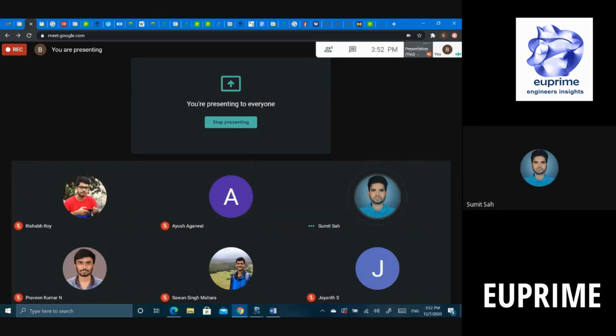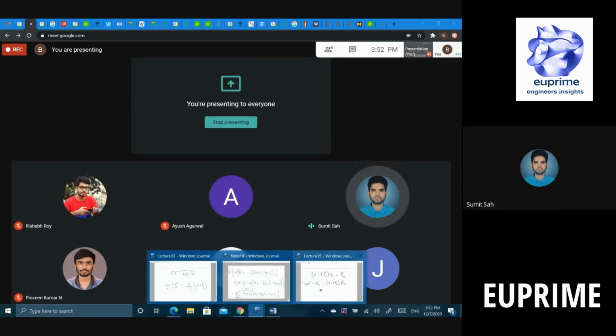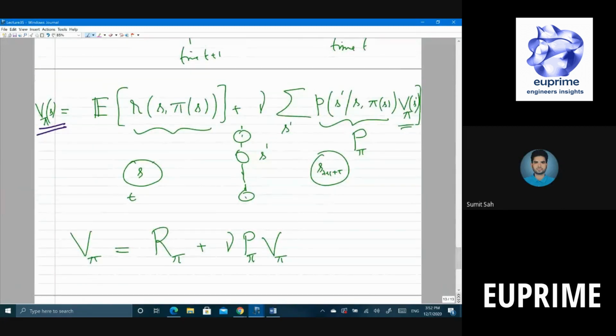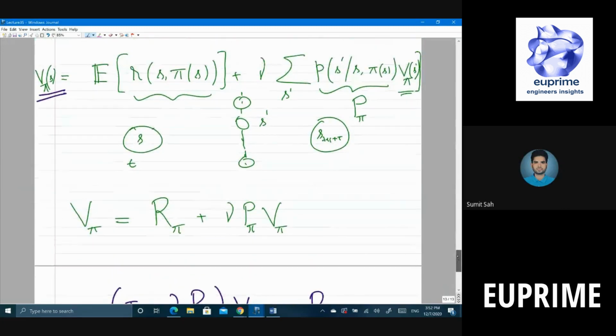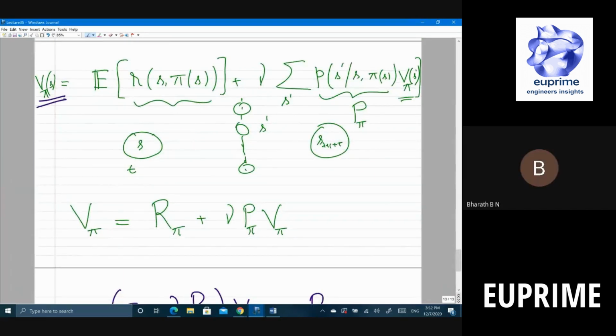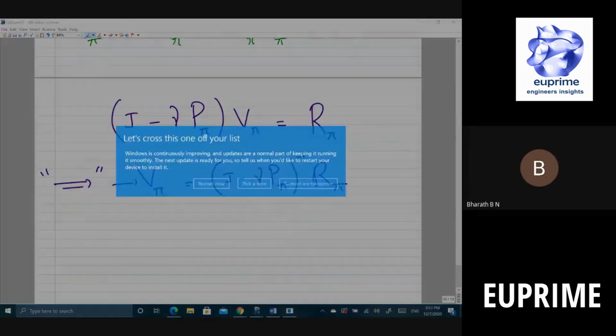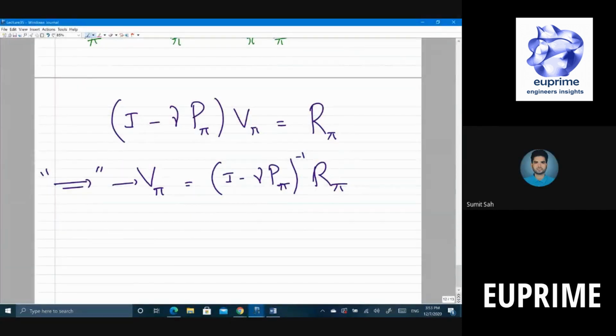Sir, here the v pi you are calculating is for a particular state, I mean, at s only. Yes, so for every state we have to calculate for every policy. This is given to you. So you start in some state. You know that the robot is going to start somewhere, so you know that initial state, and then see what happens over time. That value will be v pi of s if you follow the policy pi. Okay. Any other questions, Jayant?